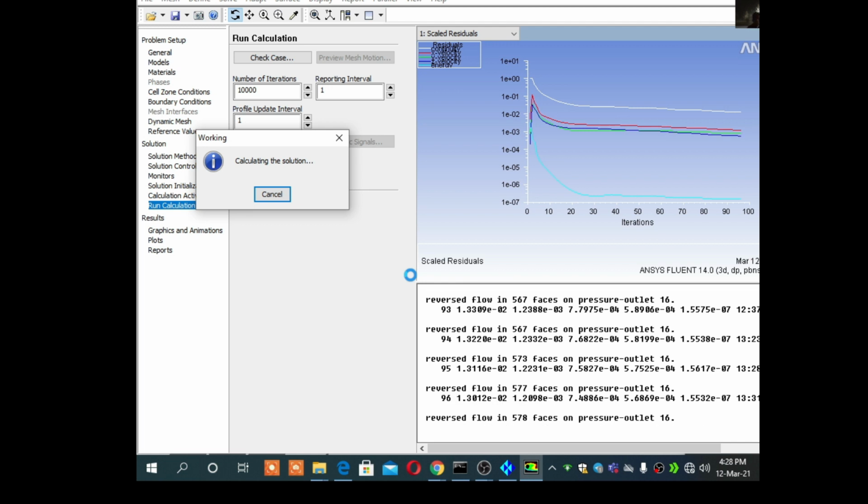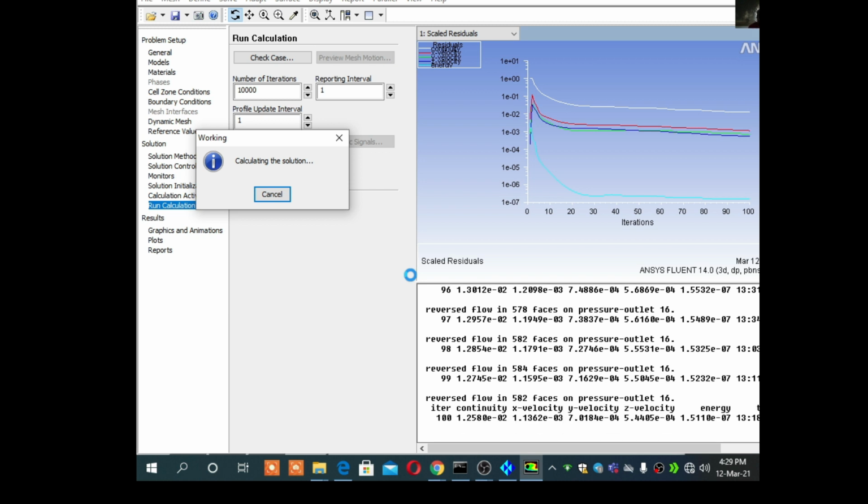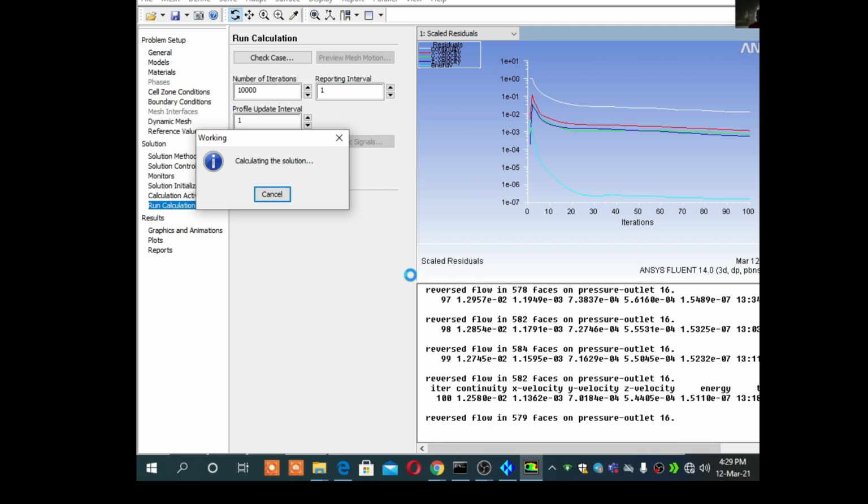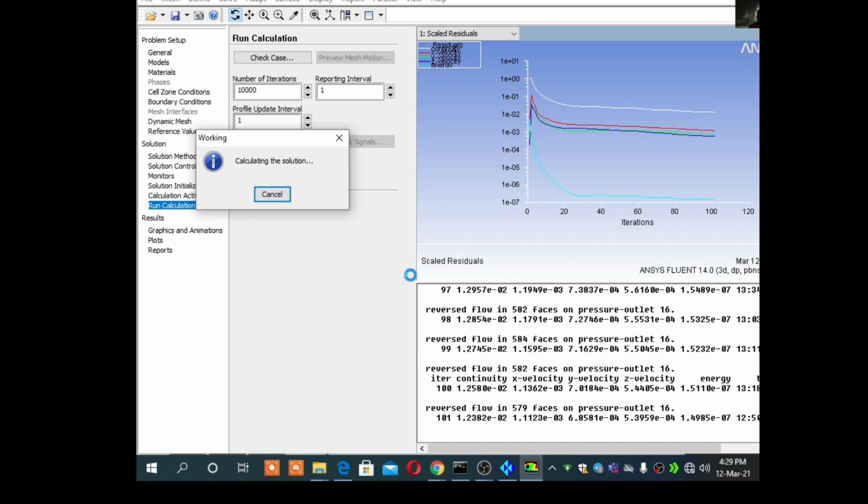Now it's 1.30. So what we will do, we will stop this solution here and we will see the results, whether we are getting an appropriate result or not, whether we are getting some temperature deviation in the field or not.